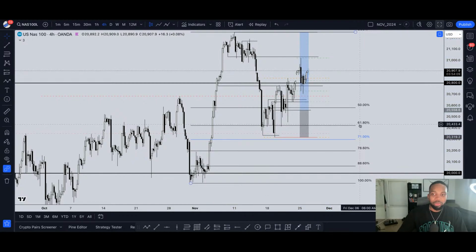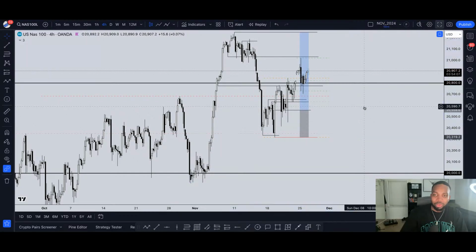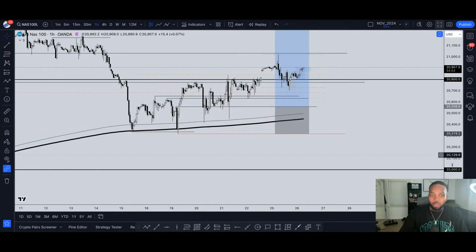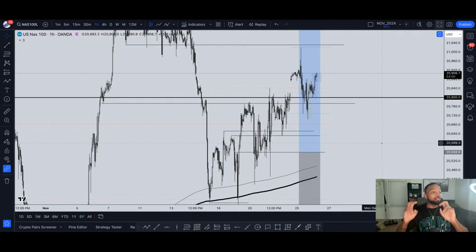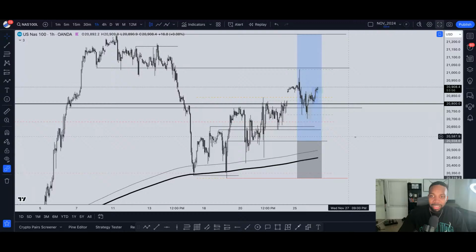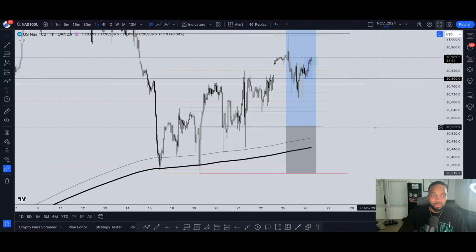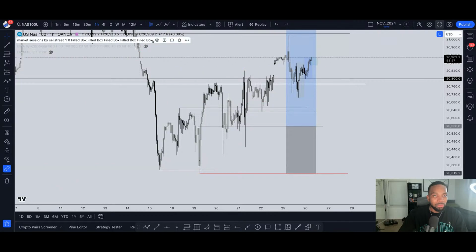Super, super solid. And as we go down to the smaller time frames, again, once price did come give us that retest, that retest that we all look for, you want to find another setup, which we had multiple. Let me go ahead and remove some of these things so it doesn't confuse you, right? But we had multiple setups.